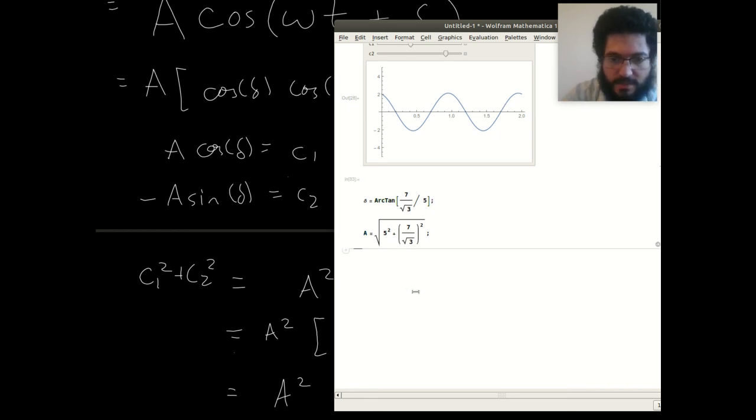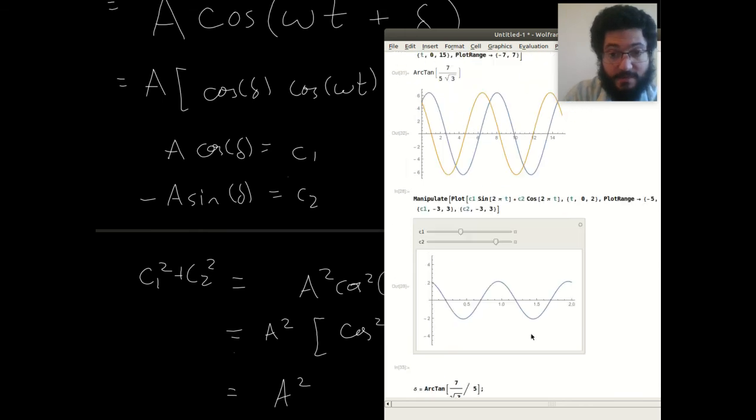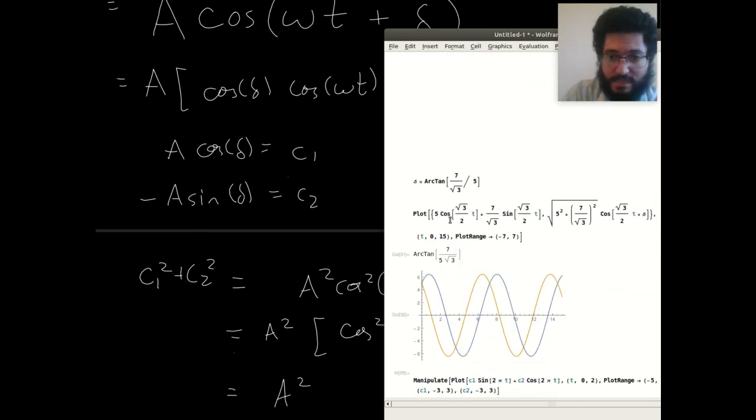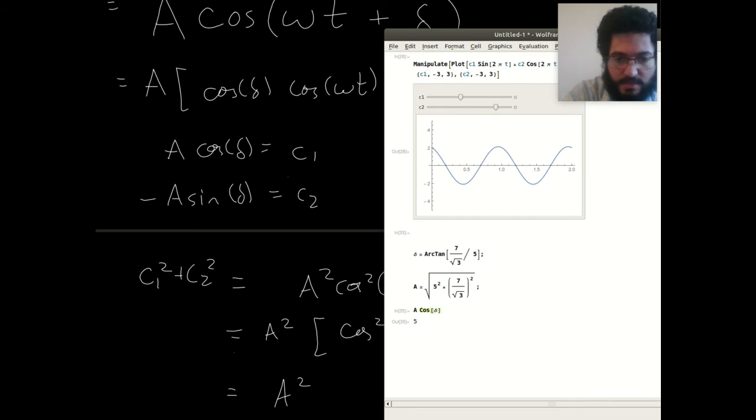So there's A and delta. And if I do A cosine delta and minus A sine delta, I should get C1 and C2. So let's try it. A cosine delta, that's 5. That's good. That is C1. That's this one, the 5 there. A sine delta,